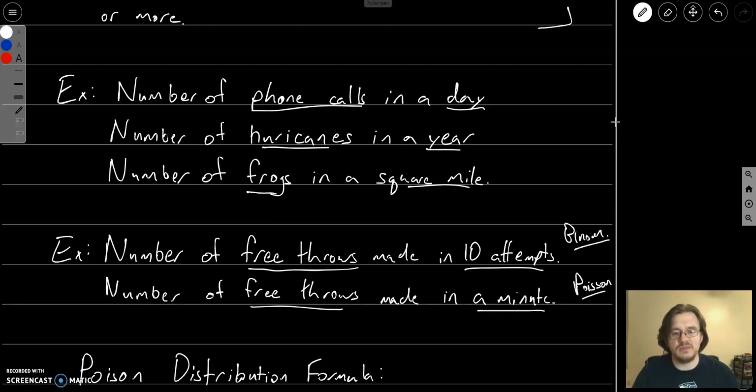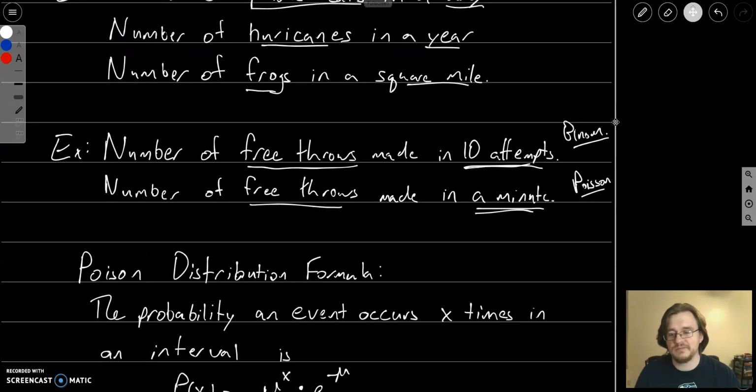So the binomial distribution is counting successes in a number of attempts or number of trials, and the Poisson distribution is counting events over an interval. So they are different. They can be used to approximate one another. If you make a lot of attempts, as in there's a large number of trials and the probability of success is really low, binomial distributions are very similar to Poisson distributions. However, they are different, so it's important to recognize the difference. Are we looking at a number of trials, or are we looking at an interval?